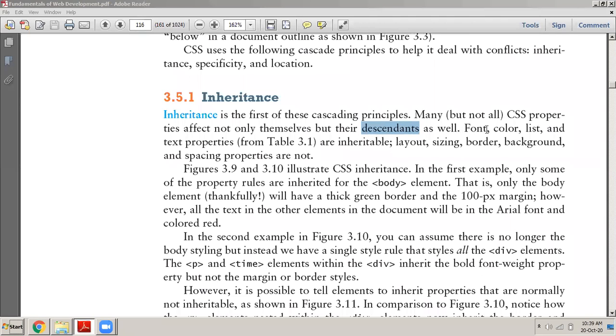Okay, font, color, list, and text properties are inheritable. Which means if there is any tag inside the root tag, such as a font tag, list tag, text properties, and the color tag, they inherit, meaning they will take the style of the root tag. But on the other hand,